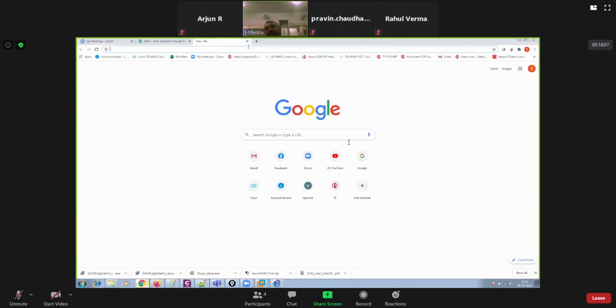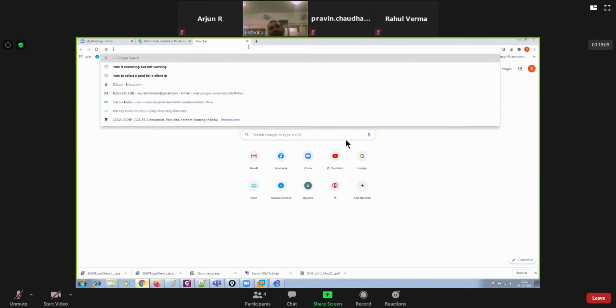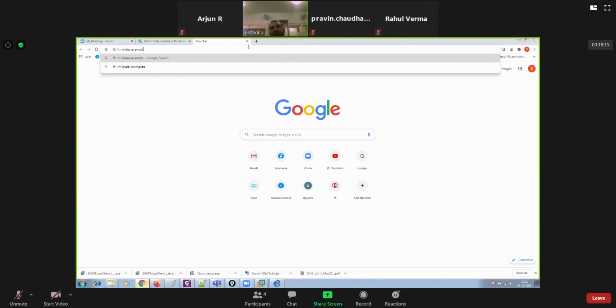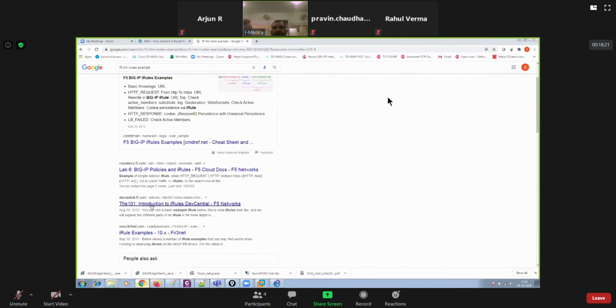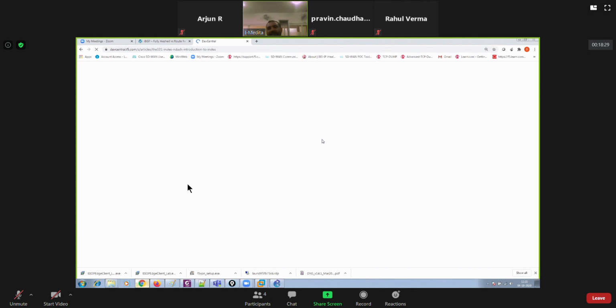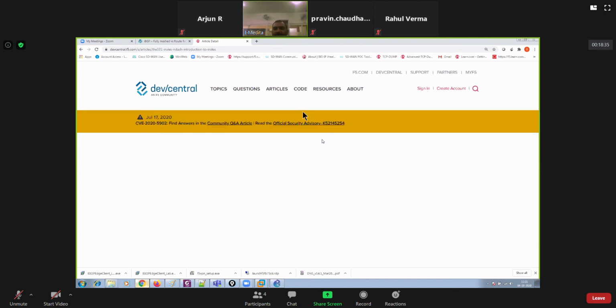For example, if you search for F5 LTM iRule examples, you can see that we have a website called devcentral.f5.com, and then you can go through the introduction to iRules on DevCentral. So you will get a lot of examples of the iRules.